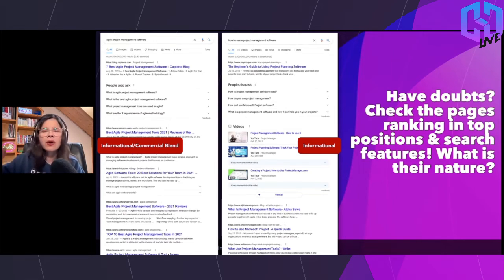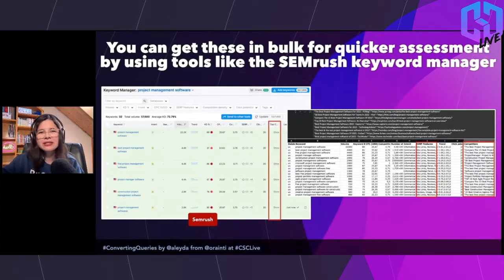What are the features that are included in these search results? Are these aligned with the ones that you can leverage in order to maximize your visibility? Or is Google giving much more weight to videos or informational resources, and you don't have the capacity to create them and only have commercially driven ones? So you can take this into consideration to double check, in order to assess if there's alignment with your own efforts or not. And also you can get this sort of feature information, along with the intent for each one of these queries in bulk, again, by using tools like the SEMrush Keyword Manager, in order to obtain, for example, the top 10